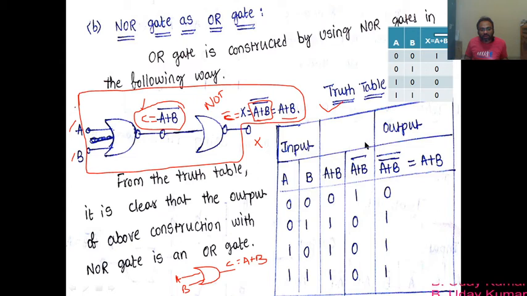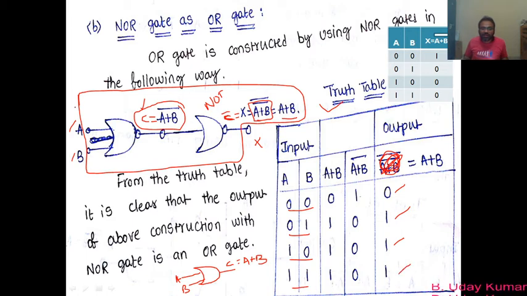So here I have found A plus B bar. Whatever values we get here, just write the inverse values. Since I am getting 1 here, it becomes 0, 0 becomes 1, again 0 becomes 1, this 0 also becomes 1. So this is A plus B double bar. Just for a second, forget about this A plus B double bar. For 0, 0 what are you getting? You are getting 0, and for 0 and 1 you are getting 1, for 1 and 0 again 1, and for 1 and 1 you are getting 1.